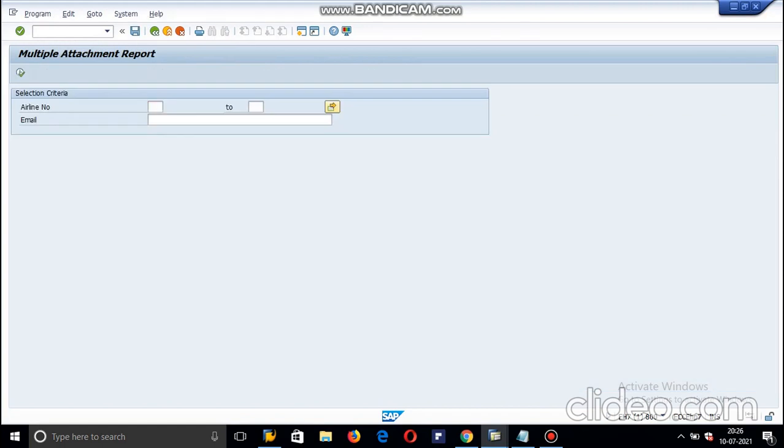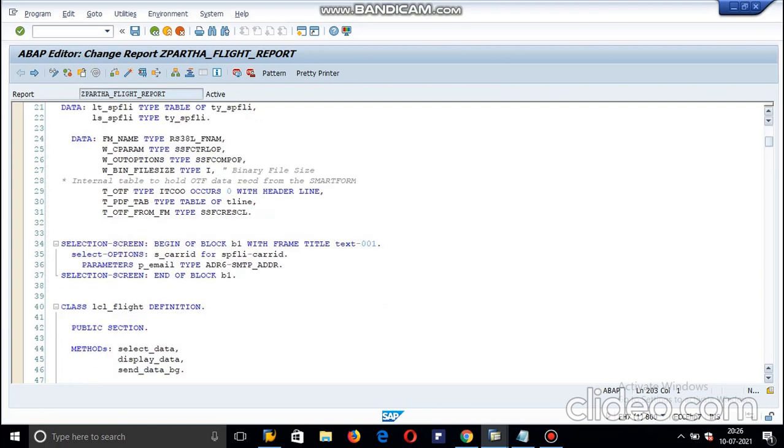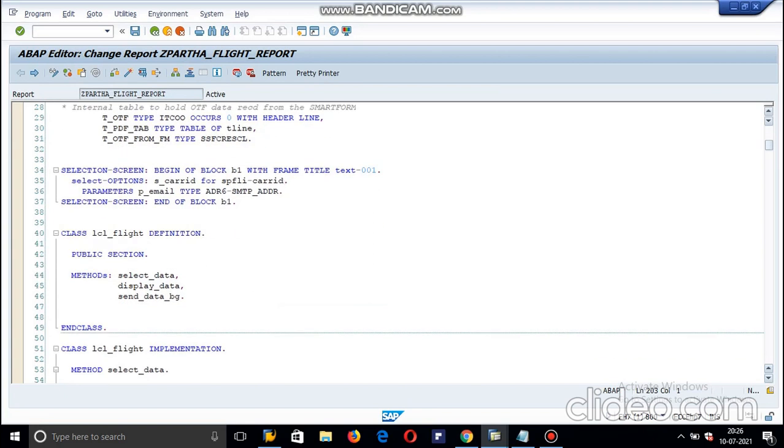Here I created this using a simple OOPS concept, which is basically classes, methods and all those things. I create a selection screen, and after that the class definition part.